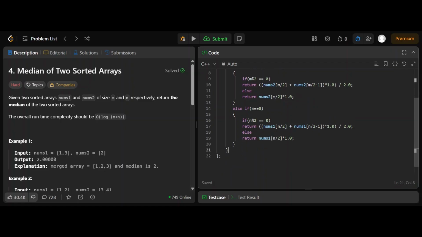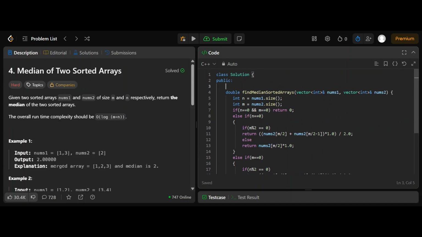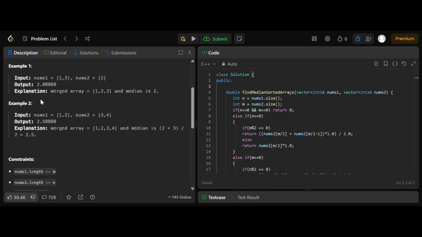Okay. Now there could be two conditions. First, let me make the binary search so that you can understand. So what would the binary search return? For the median of two sorted arrays, it would be the fifth smallest and sixth smallest, so it couldn't be a double. It will return the fifth smallest element, and it could be from nums1 or nums2. Both of them are integers. So we have int